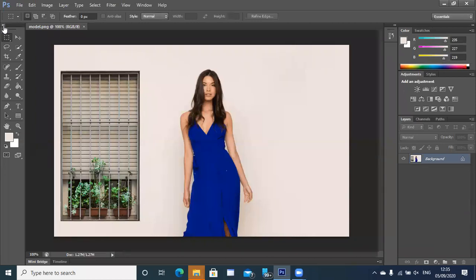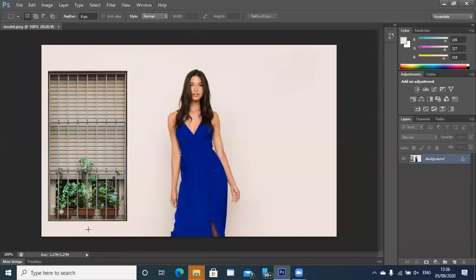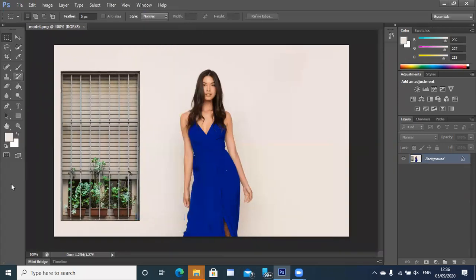Now, about the kind of tools which are present on this toolbar, you have a variety of tools. If you are not able to see this panel, firstly, what to do? If that panel is not visible, then you need to go to Window, and in the Window panel you will find Tools. Make sure that this tools option is ticked. In case it is unticked, that means the tools will not be visible. So if you are not able to see your tools here, go to Window, then Tools. Click on Tools and you'll get to see these tool options up here. Make sure that the Tools option is selected so that you can go about with that.